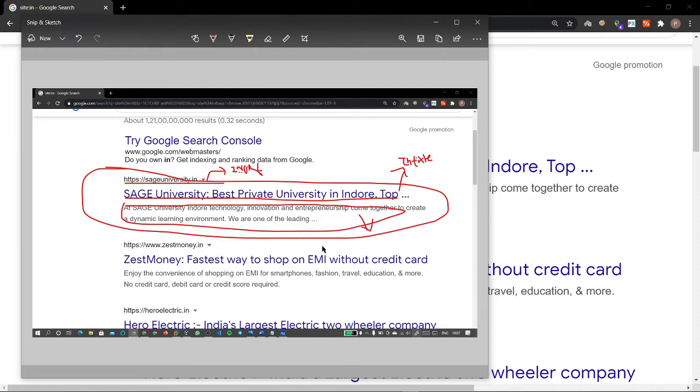When you are searching on Google, the results will be of only these categories: the first division in URL, the second in title, and the third in text.